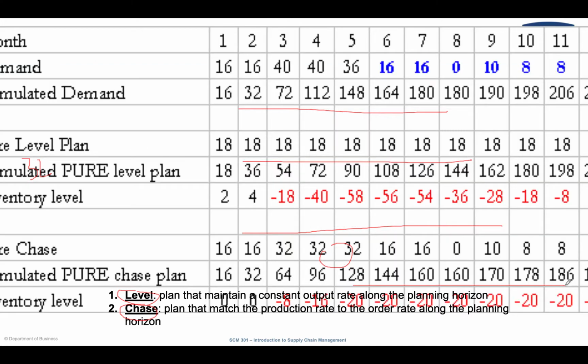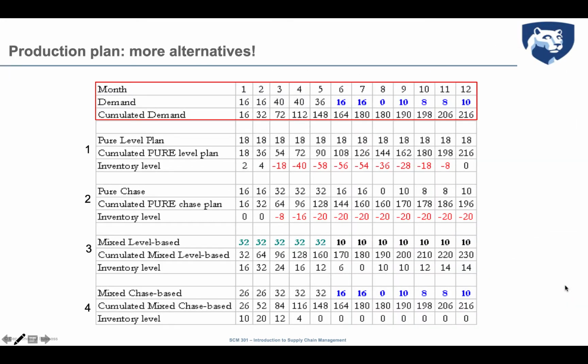But independently from that, the point is that we discussed that you are not happy when you have stock out, but also the fact that not always pure level plan or pure chase plan are feasible. Usually what happens is that in practice, the production plan strategies are more level oriented or chase oriented. Among the infinite possibilities that we have to satisfy the demand with chase plan or level plan, we have